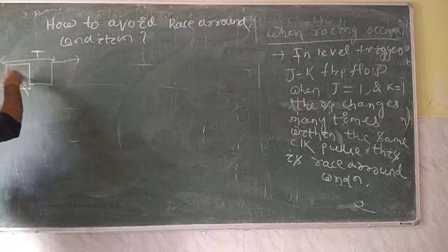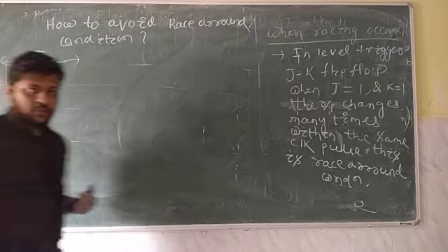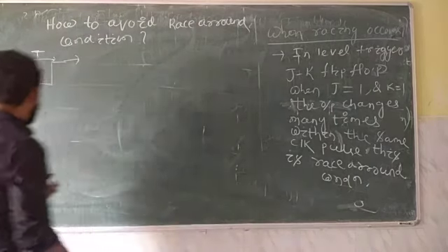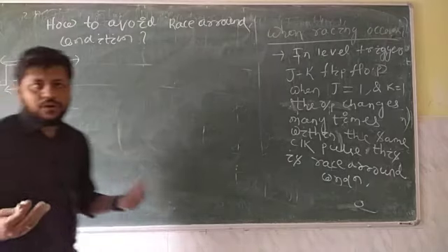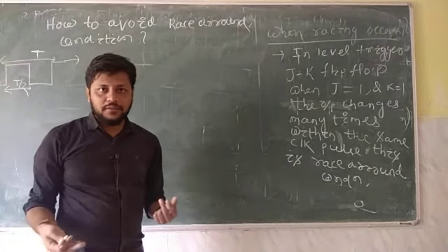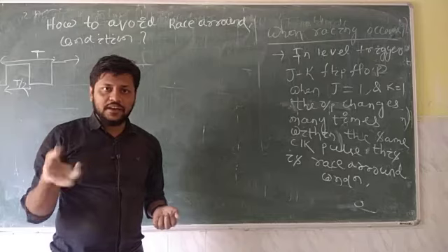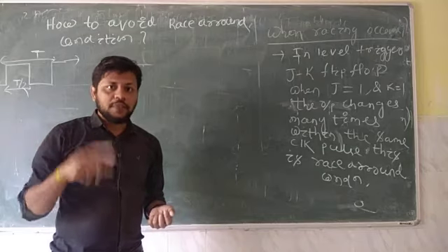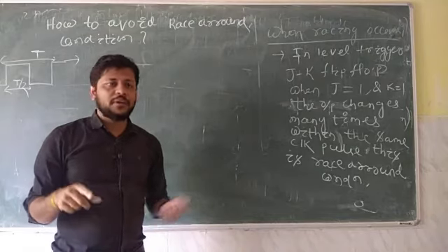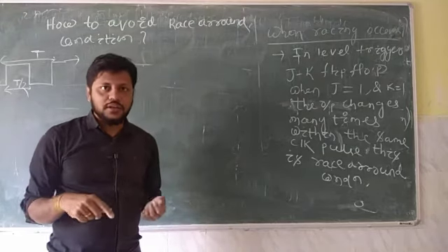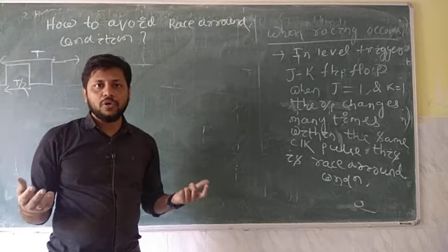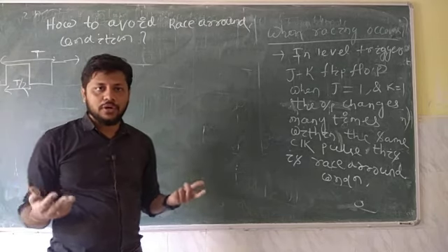So only for this T by 2 length your flip flop is going to respond, and your flip flop is not going to produce the output instantly, because you have seen we have 4 NAND gates, and each gate has some delay. If the propagation delay of the flip flop is greater than this pulse width, then there will obviously be no racing.